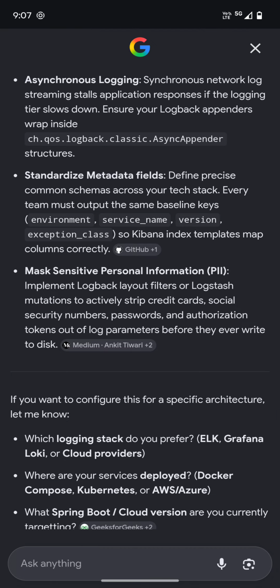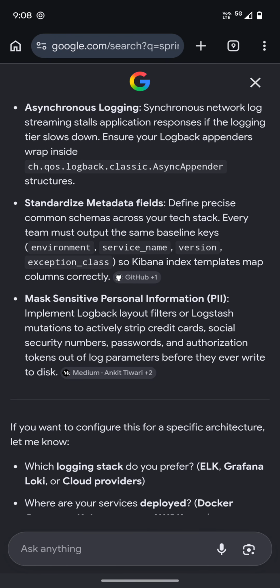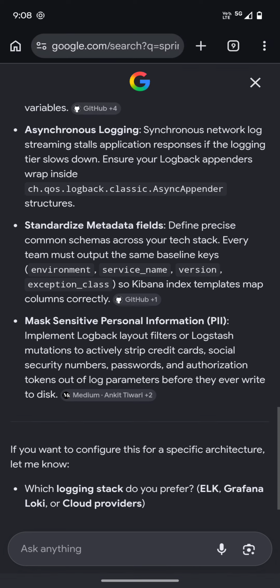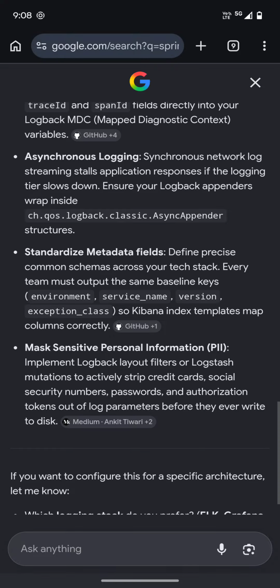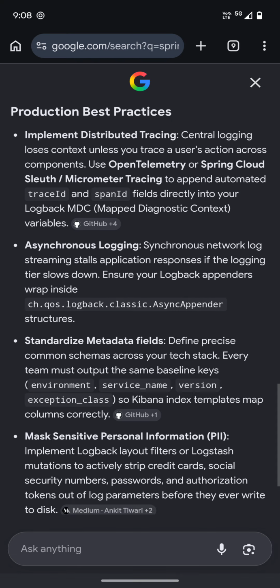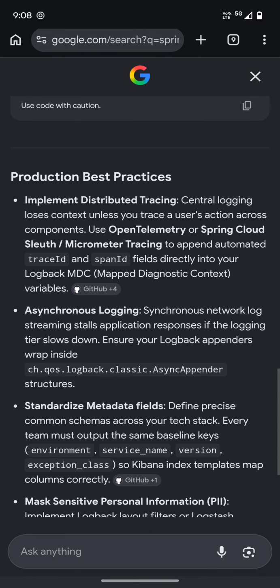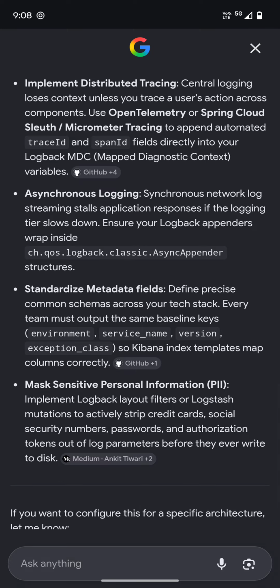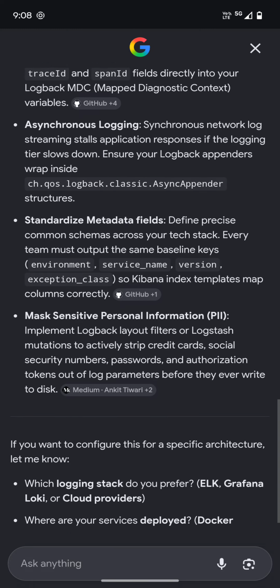If anybody exploits or breaches your system, they can access these details and use them for their own purposes. So you have to mask sensitive personal information when you are creating the logging structure.